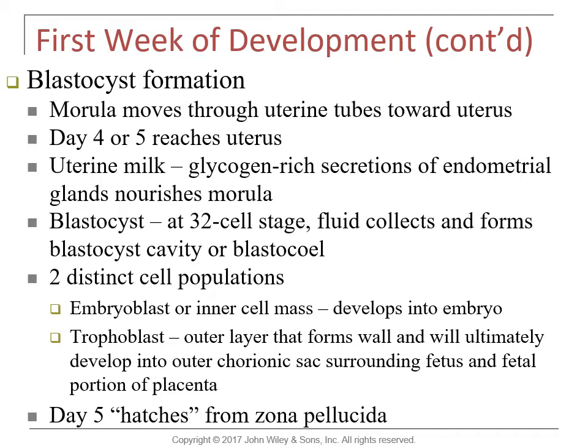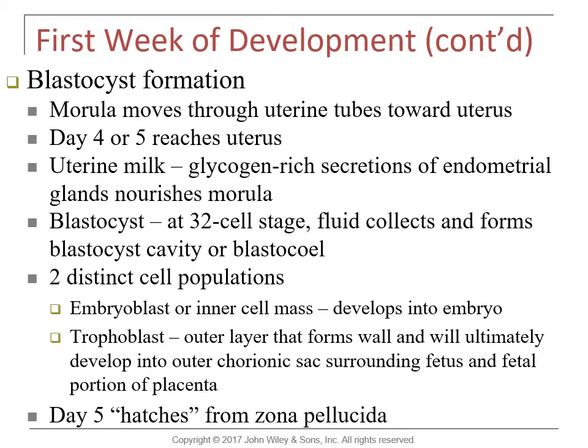When the morula enters the uterine cavity on day 4 or day 5, a glycogen-rich secretion from the glands of the endometrium of the uterus passes into the uterine cavity and enters the morula through the zona pellucida. This fluid is called the uterine milk. Uterine milk, along with nutrients stored in the cytoplasm of the blastomeres of the morula, provides nourishment for the